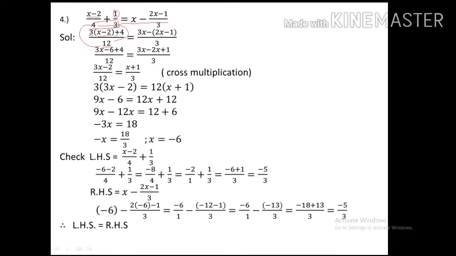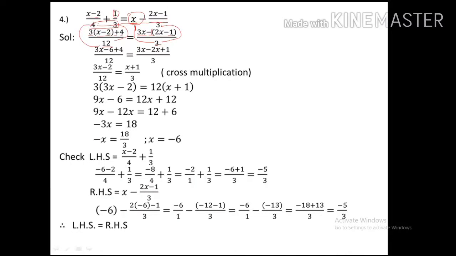equals to, here RHS part we will see here x upon 1 we can write at the denominator place. So LCM of 1 and 3 is 3. Now when 3 is divided by 1, it will come 3, and 3 is multiplied by x, it will come 3x, minus sign, and we have to write in bracket. Now we have to see this 3 is divided by this 3. So 3 when divided by 3, the quotient will come 1, and now 1 is multiplied by 2x minus 1. So we will write here 1.